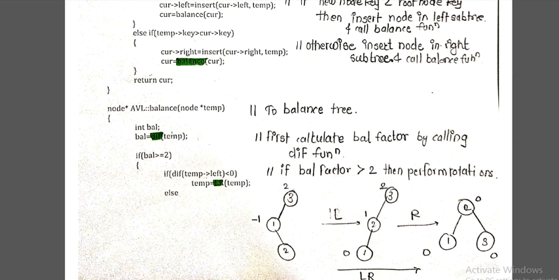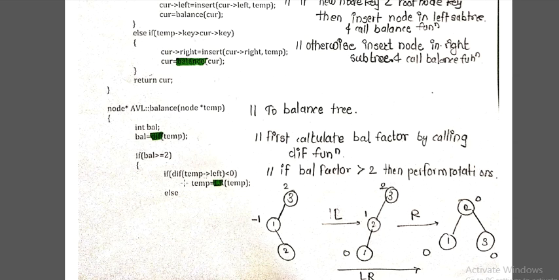So here the difference gets calculated by calling the difference function, and whatever balance factor is returned by that function, we have to check whether the balance factor is greater than or equal to 2. Yes, if it is greater than or equal to 2, then there is a need to balance the tree. Then only can we perform the rotations. If it is below 2, meaning it is -1, +1 or 0, then there is no need to balance.